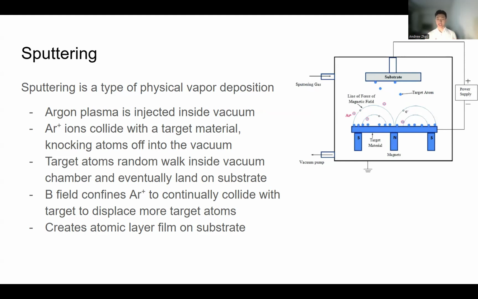There is one surface of the material that you want to coat the substrate with, the substrate being presumably the surface that you want to lubricate. So in our case, the target material will be molybdenum disulfide, and the substrate would be like stainless steel, for example. But what happens is the argon ions will collide with the target material, the molybdenum disulfide, and knock the atoms off into the vacuum, and they will experience a random walk inside the vacuum chamber and eventually land onto